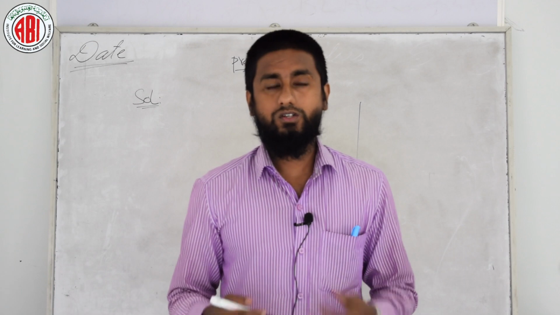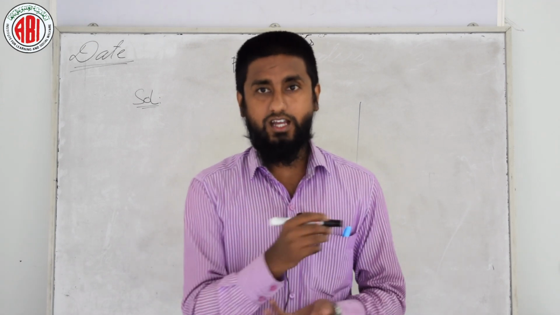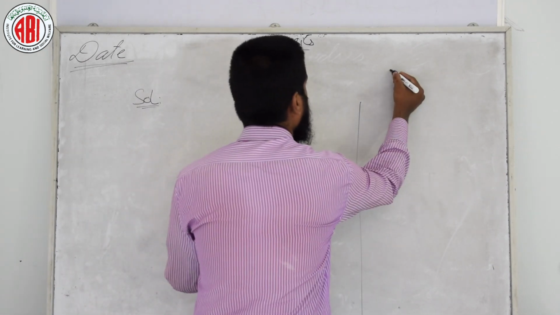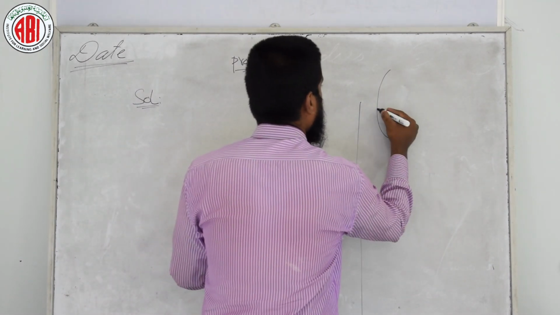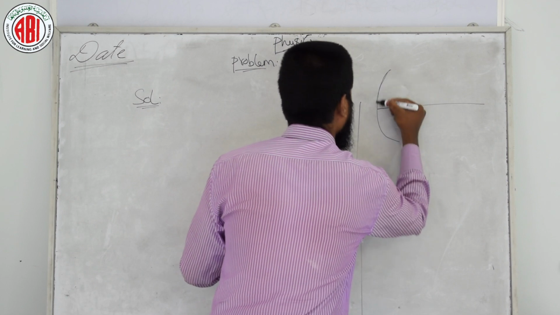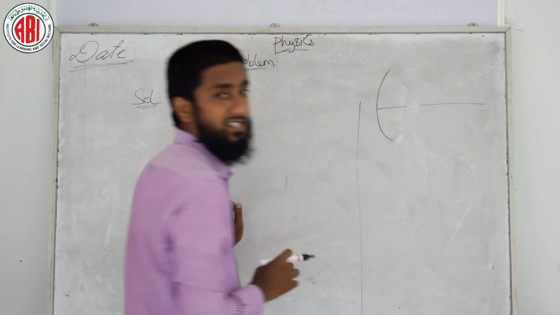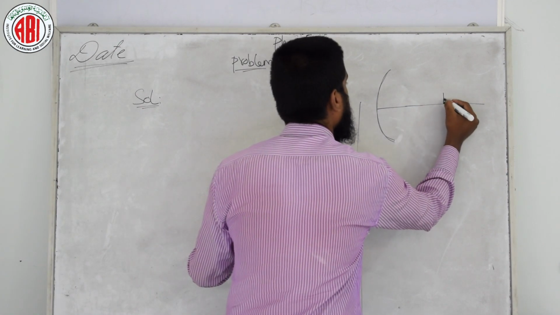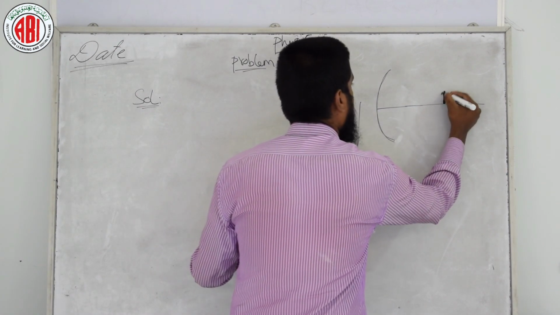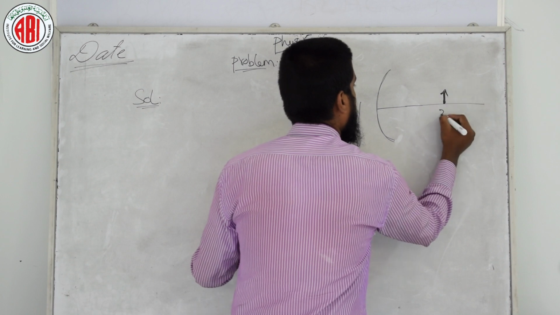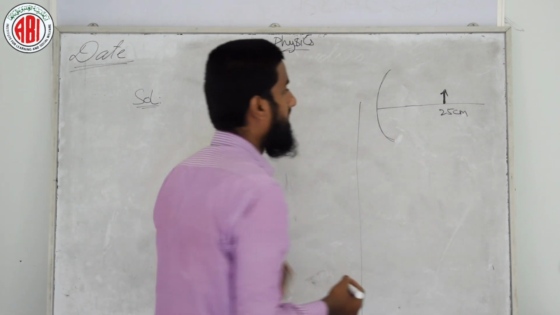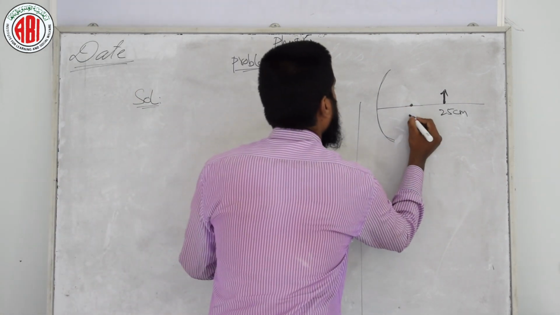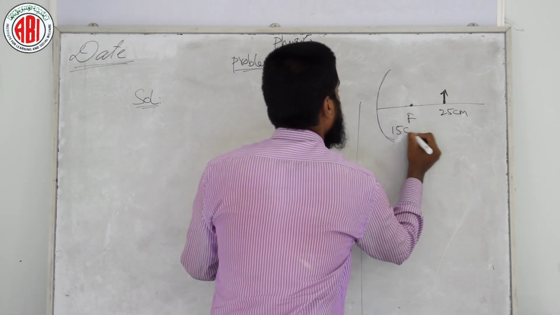Okay, so first I am solving this with the help of a diagram. You can see the diagram. Look here, I hope you can see this part of the board. Let us suppose this is our concave mirror. What was asked in the question is that the object is placed at 25 centimeter. Let this be the object. And the focal length of that mirror is given as 15 centimeter.